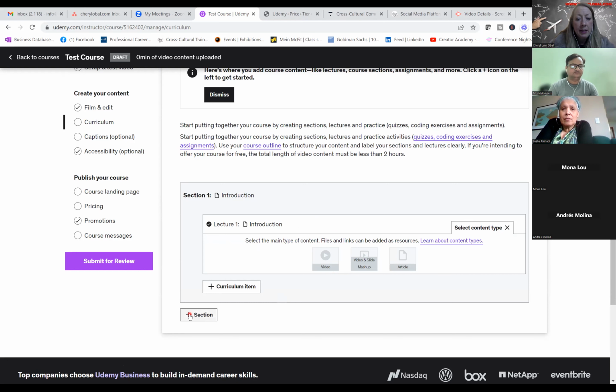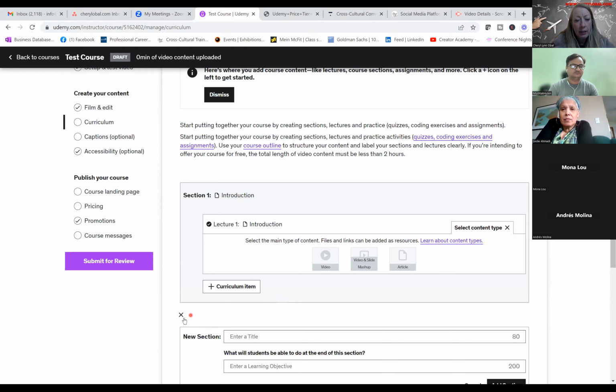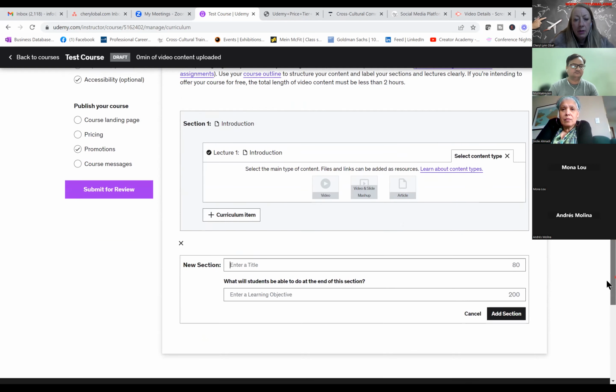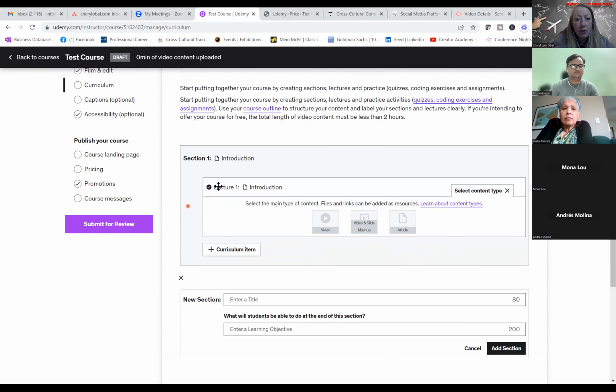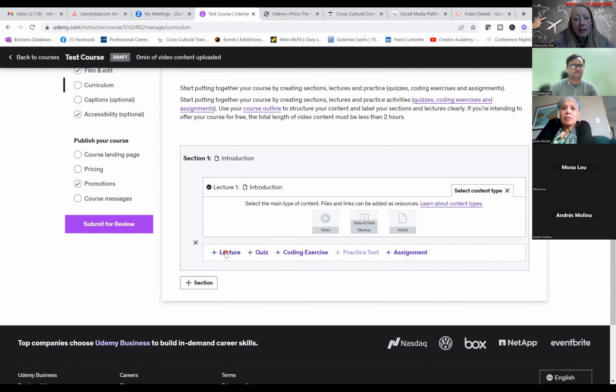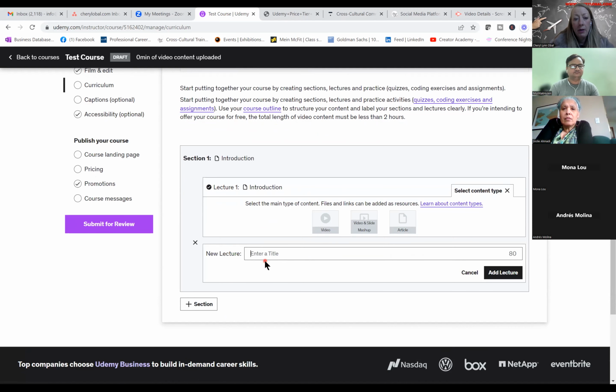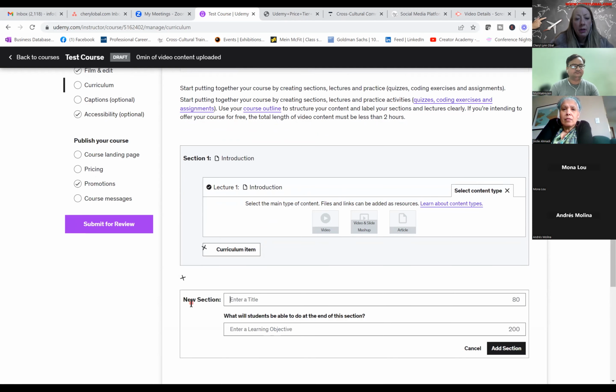Then you create sections. To make a section, you just click the plus. A section means there might be several lessons in there. You just keep adding them one by one, lecture 1, then lecture 2, make another section. Very easy, very self-explanatory.